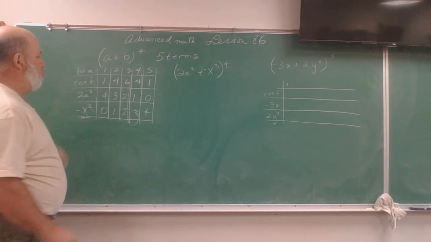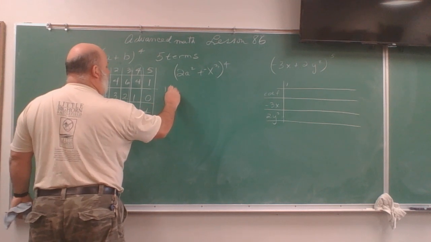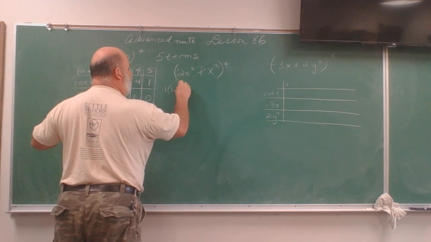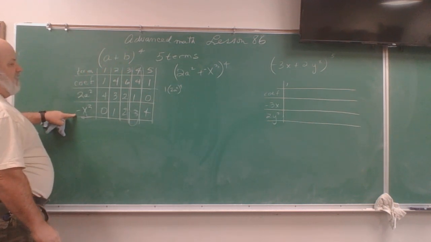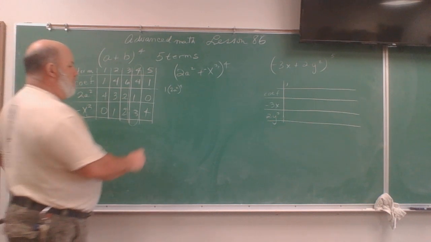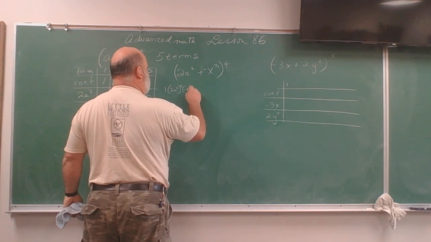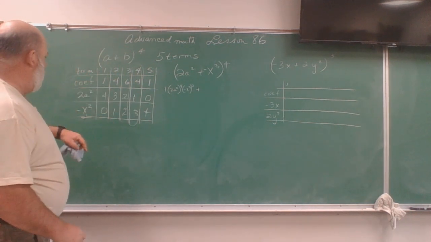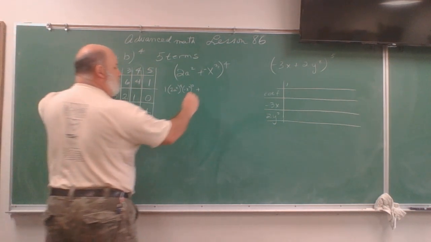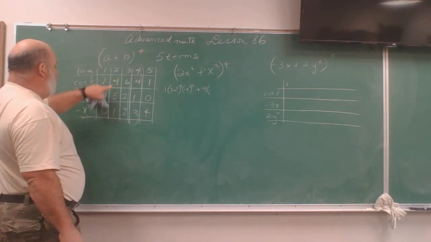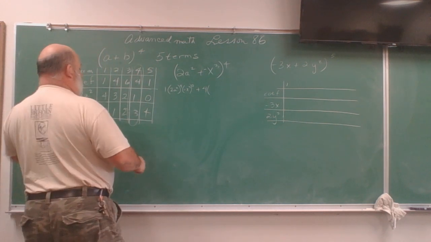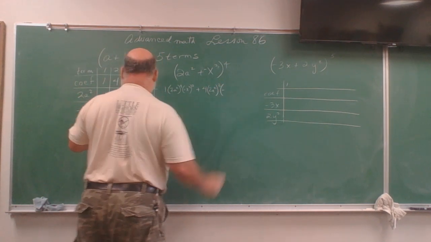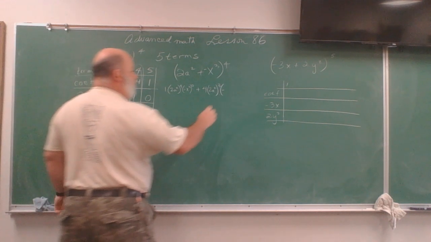My first term will be 1 times 2a squared, the whole thing to the fourth power, negative x cubed to the 0 power. I'll go ahead and write it in. Negative x cubed to the 0 power. I'm going to run out of room here in a second. I'll have to do 2 lines. My second term is still, that leading coefficient is 4, but now it's 2a squared quantity cubed. And it's negative x cubed to the first power,